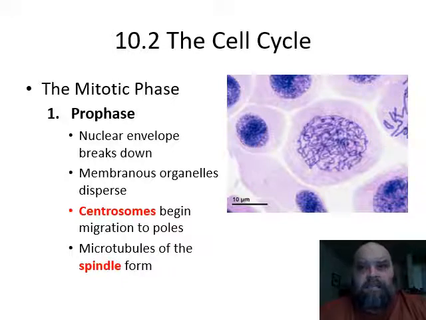You can't pull apart stuff if everybody's able to move around freely. So you need to hold on to something, a fixed point that won't float away or slide across the ice. That's what the centrosomes are. They're fixed anchor points so that the cell can pull the chromosomes apart. You also begin to see what's referred to as the spindle form. These are projections off the centrosomes that will attach to the chromosomes that will allow for the pulling apart of the